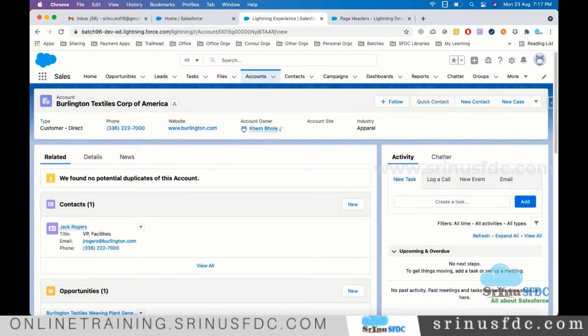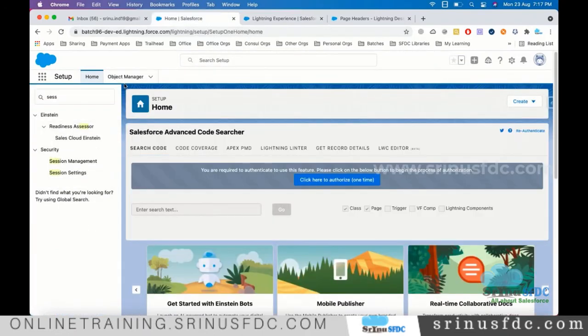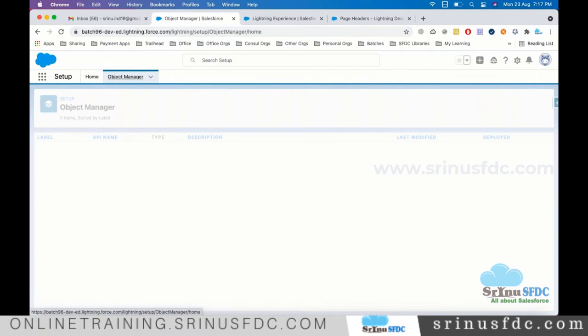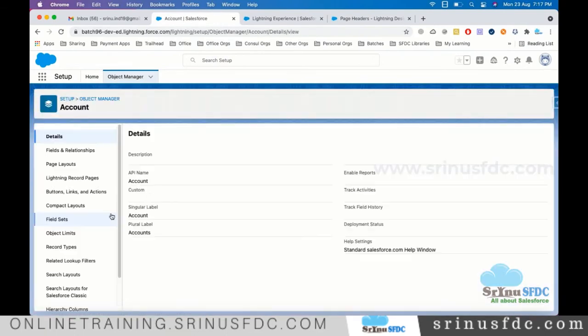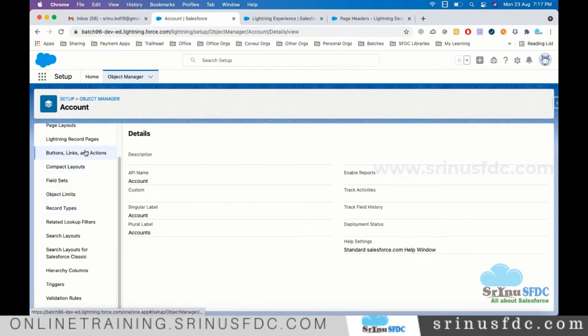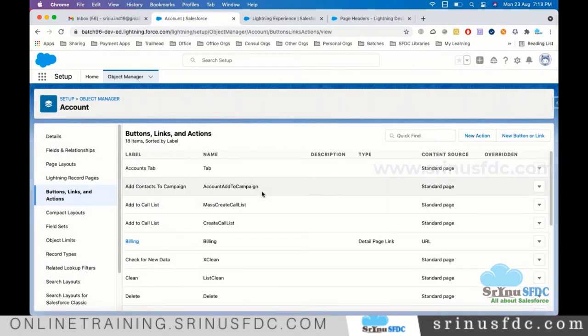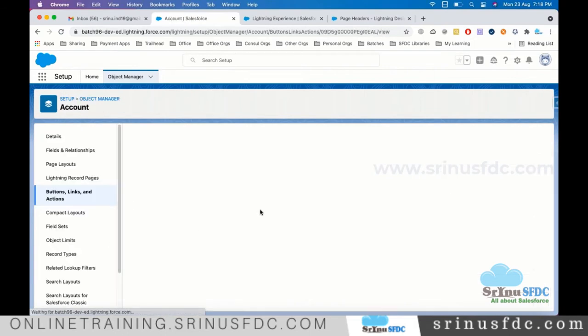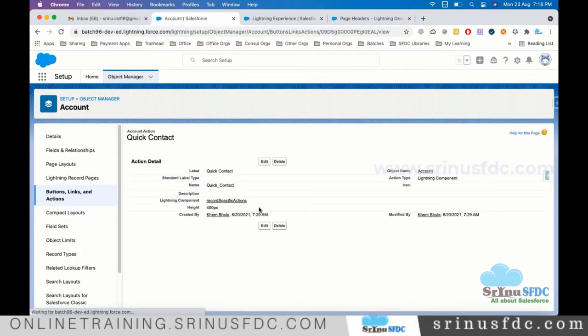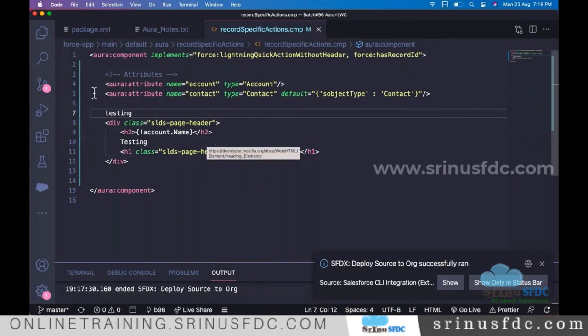This quick contact, is it associated to that only? Go to object manager, account, buttons, links, and actions. Quick contact, it is associated to record-specific actions.